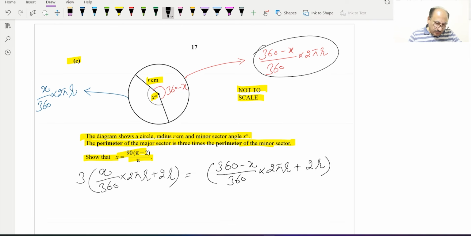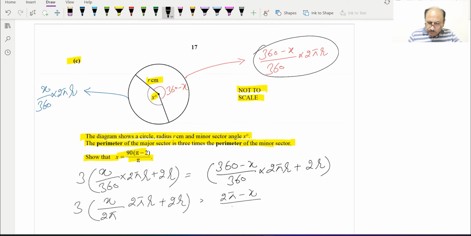And now we can rewrite it as 3 into x over 2 pi into 2 pi r plus 2r, and this is equal to 2 pi minus x over 2 pi into 2 pi r plus 2r. Further, we can cancel these 2 pi with this, and this 2 pi with this, and our